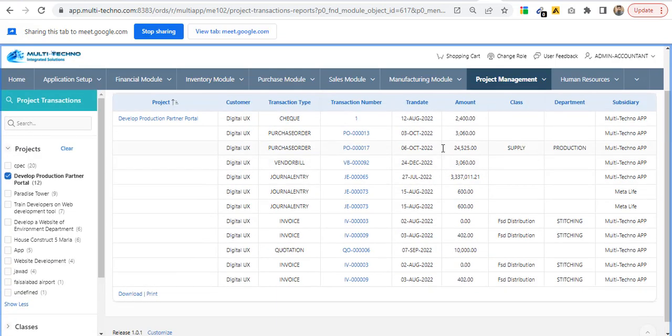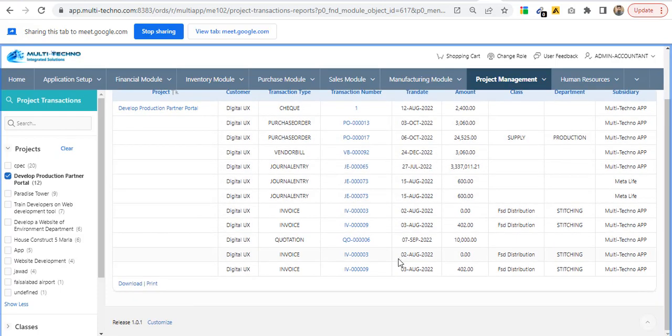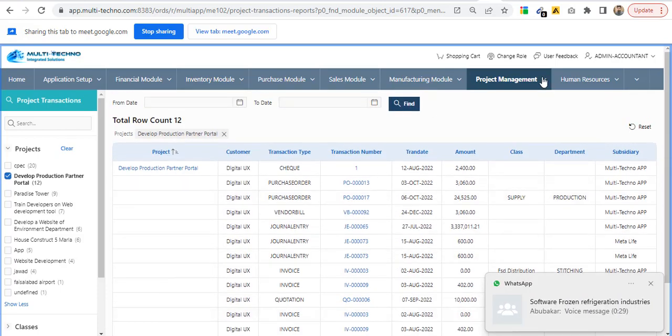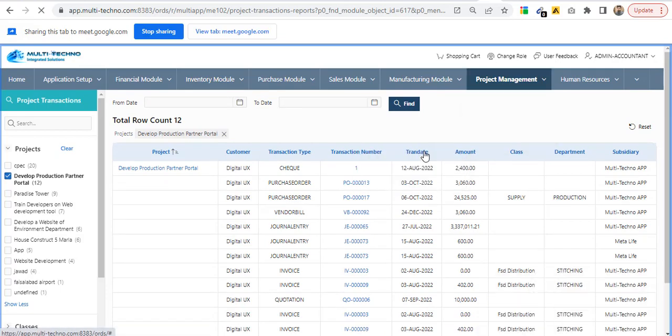So these are all the transactions, like purchase order, vendor bills, journal entry. All the transactions are showing here, and we also have the profit and loss report and trial balance report, in which